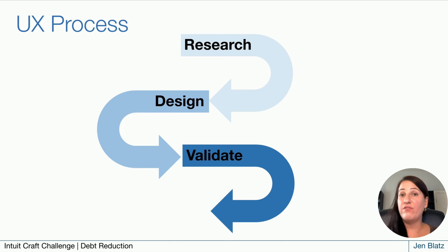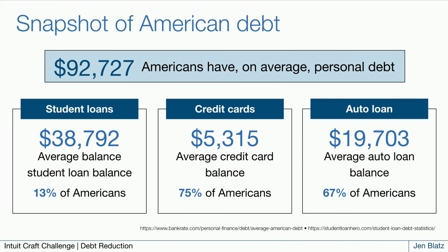I wanted to show at a very high level what my UX process is, because I am not just a UI or visual designer going for this role. I want to emphasize that I also can conduct initial or discovery research to inform designs, as well as validate my designs through testing. So what I did was conduct some very basic desk research to define what is debt